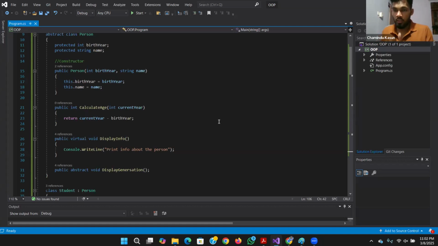The subclass will have all the attributes and methods of the parent class, and it can have additional methods and attributes as well. Then polymorphism. Polymorphism is having different forms, right? Different forms means like in this